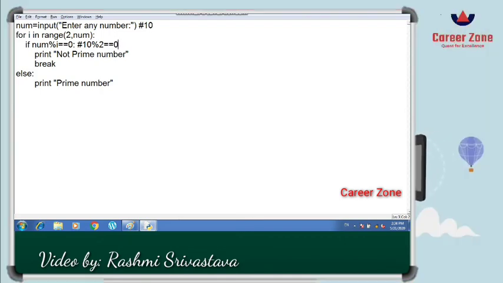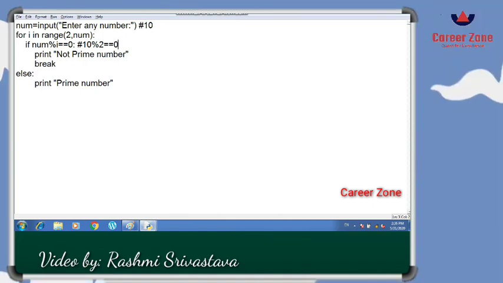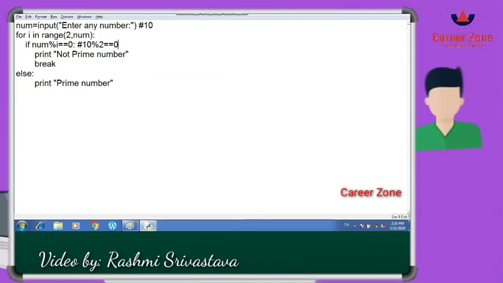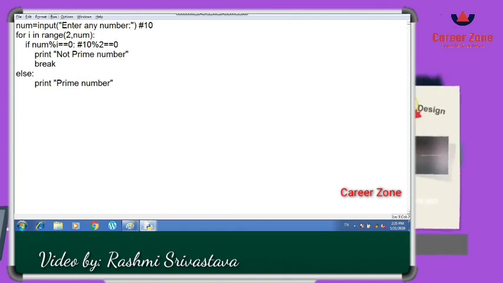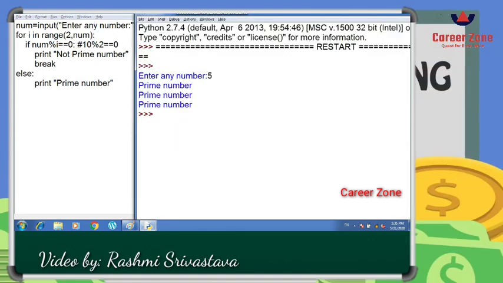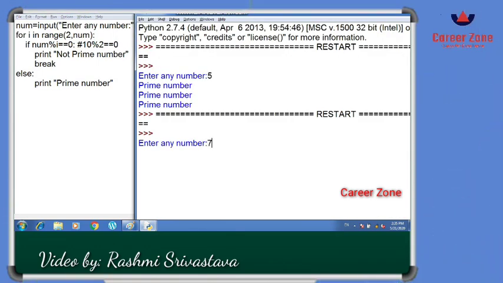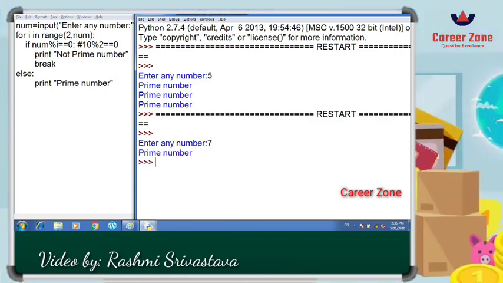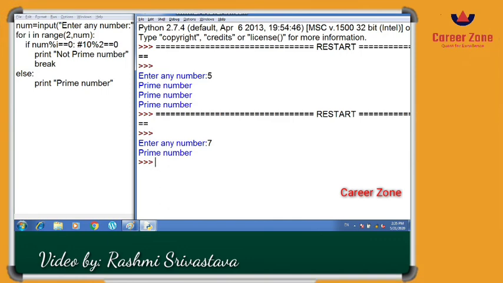Whenever we are checking any prime number, you just have to divide the numbers once only. There's no need to check it twice, thrice, or 4 times. But it can be possible to check twice or thrice, because suppose there are some numbers which are not divisible by 2, but can be divisible by 3. So for that reason we are taking the loop from 2 till num, right?